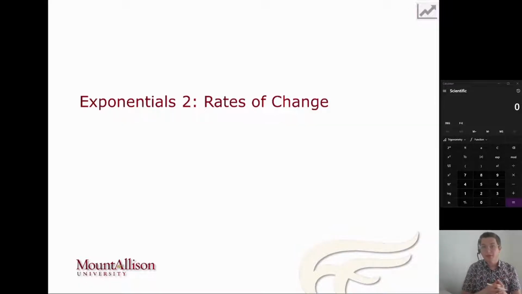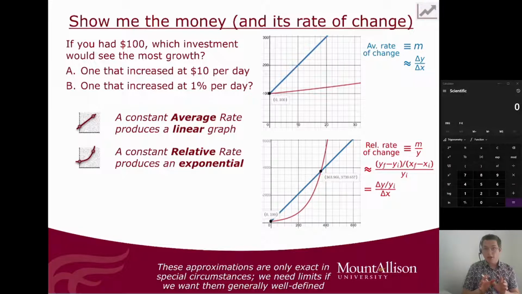So now that we're dealing with exponentials, we can talk about two distinct rates of change. What we're used to, at least with linear functions, was something that changed consistently as we incremented our independent variable. In this case, let's call it x. So for every change in x, we get a consistent change in y, which is given by the slope. So the average rate of change would be represented by the slope, which is approximately the change in y over